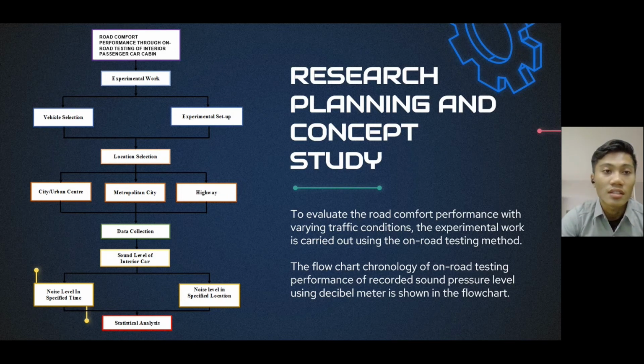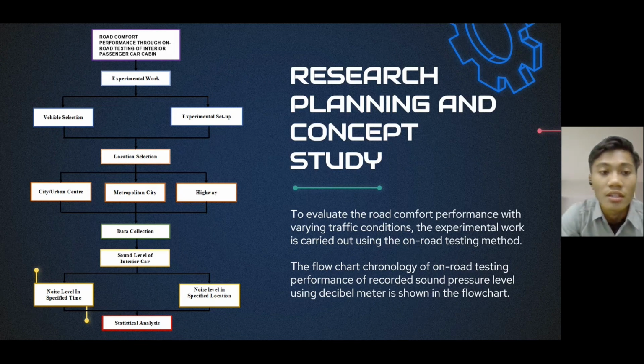So the first thing is the experimental work, which is divided into two sections, vehicle selection and experimental setup. After that, we go to the location selection. For location selection, I choose three categories of area, which are city or urban center, the second one is metropolitan city, and the third one is highway. These locations are chosen because they have a high traffic index during peak hour